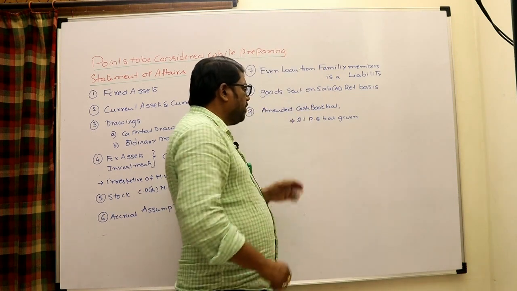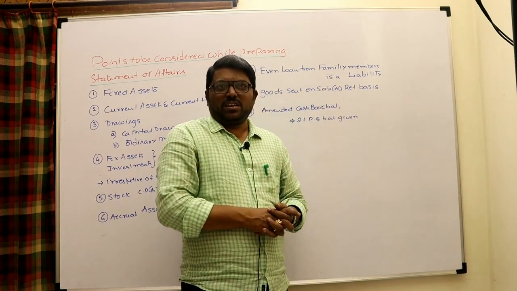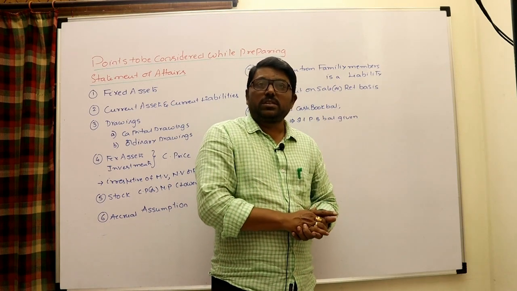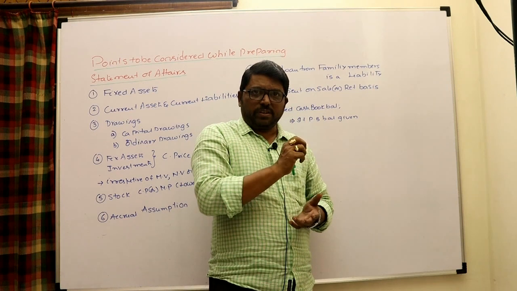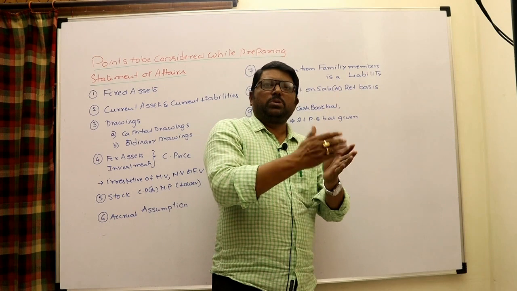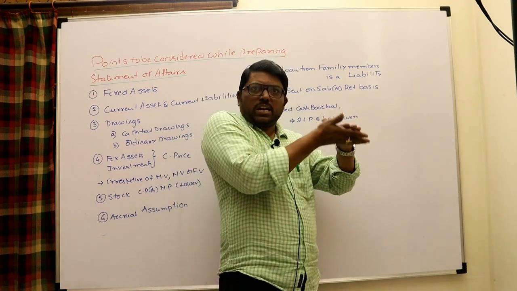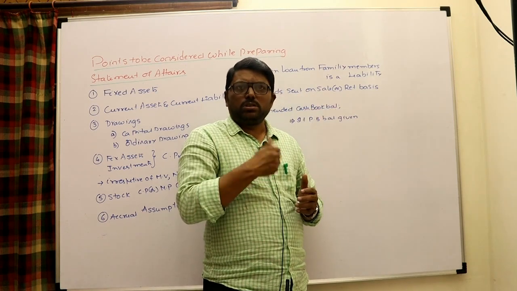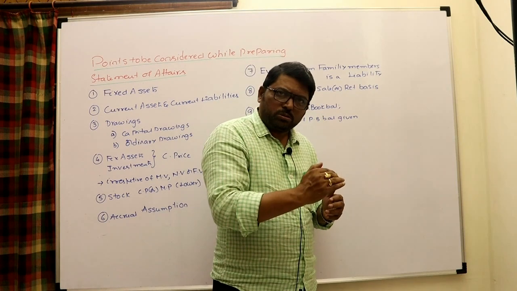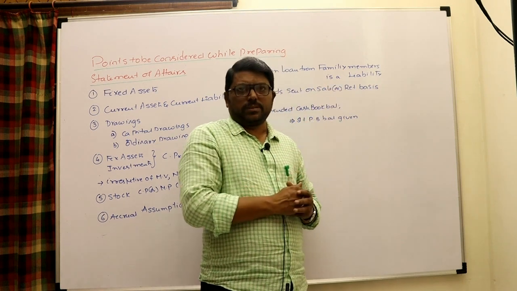Sometimes, while taking the amended cash book balance, you are given a passbook balance. You have to convert that passbook balance into cash book balance. In such a case, what are you supposed to do? Passbook balance is given, you have to convert it into cash book balance. Then cheques deposited but not collected means you have recorded but the bank has not recorded. In the passbook you can add that, then it will be equal to the cash book. Issued but not presented: cash book is reduced but passbook is not reduced, so you can reduce. So deposited but not collected is added, issued but not presented is deducted.